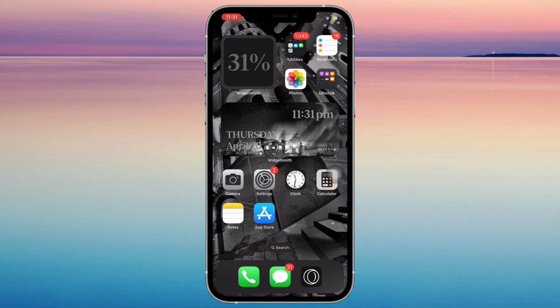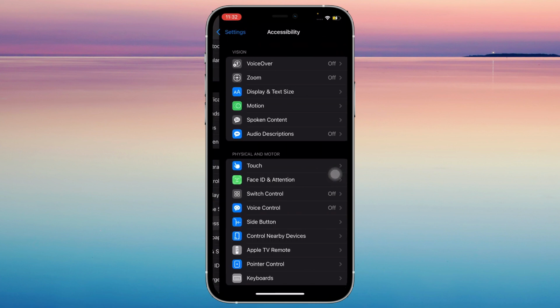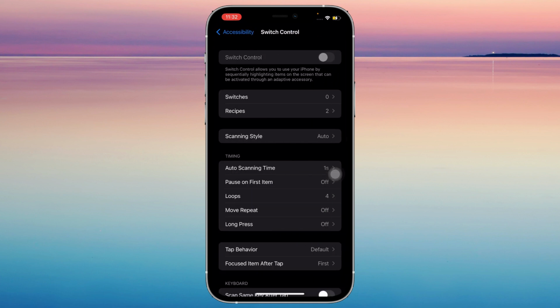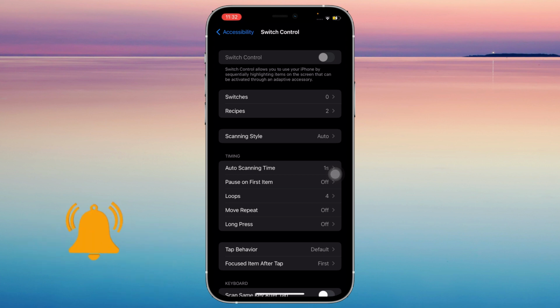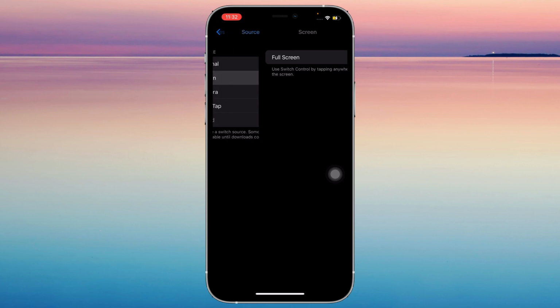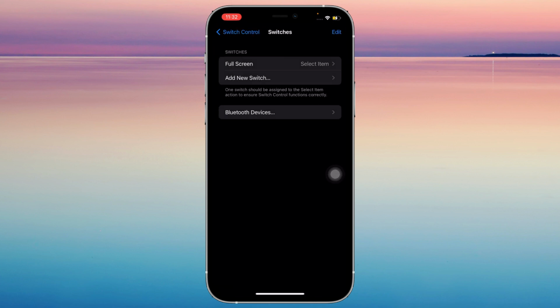So let's get started by opening settings and scrolling down to accessibility, then switch control. Make sure that it's turned on. And now look for switches, add new switch, screen, full, and select item, and then